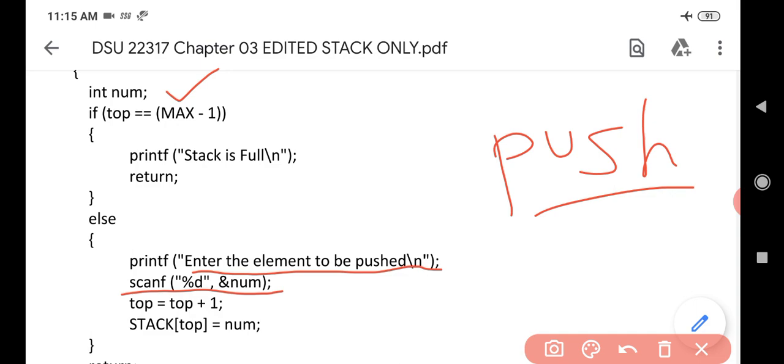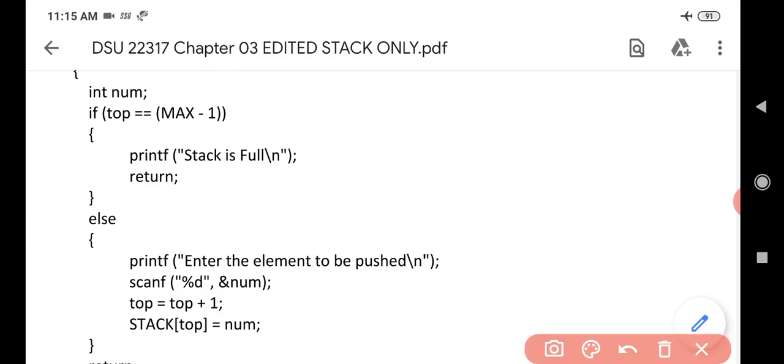Okay, so before reading this number, we have to first follow a step. That step is we have to first check whether your stack is full or not. Why? Because if your stack is full, that condition is called overflow, right? If there is an overflow condition, then there is no possibility that the element will be stored in the stack.